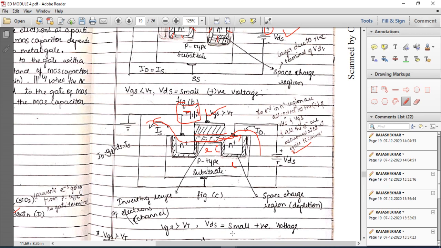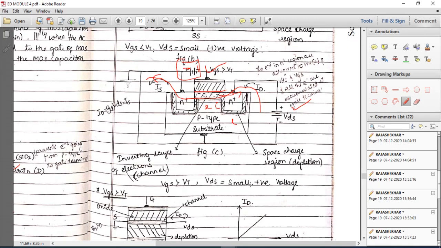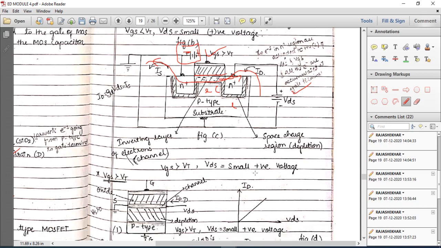Okay. So now for this condition, when VGS is greater than VT and VDS is a particular small voltage, or a particular voltage greater than 0.7, then here the drain current flows through the created N channel. So this is the second scenario. Now the same thing is shown in a few graphs that I will show you, and how it interacts with the graph also, that is the current voltage characteristics. So that I will show you here.